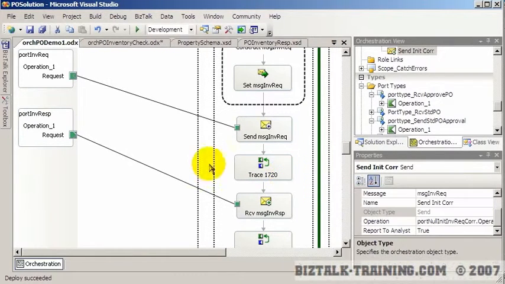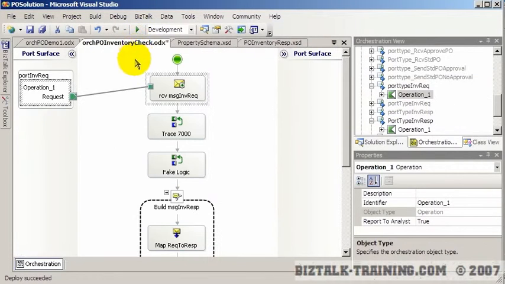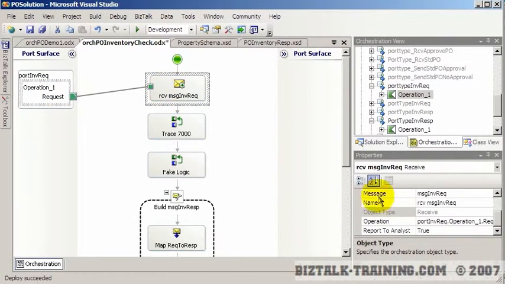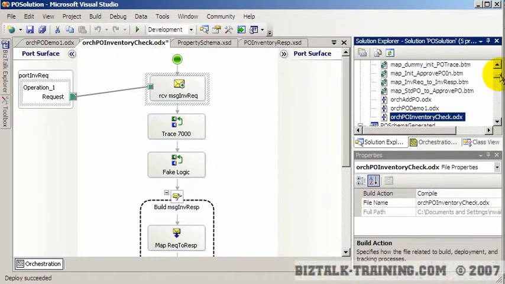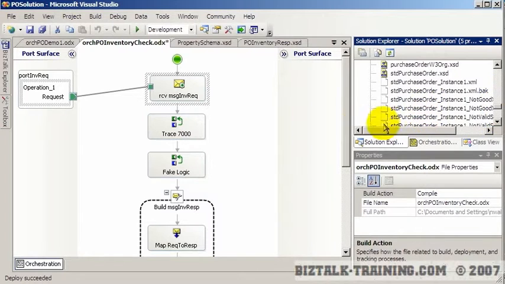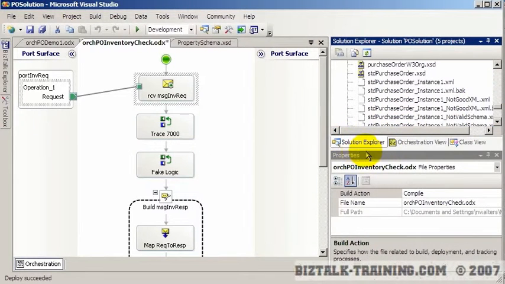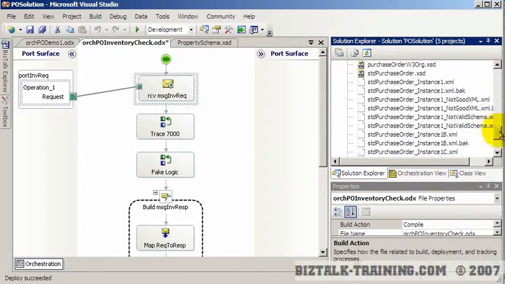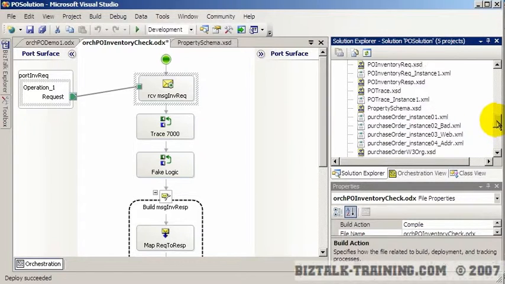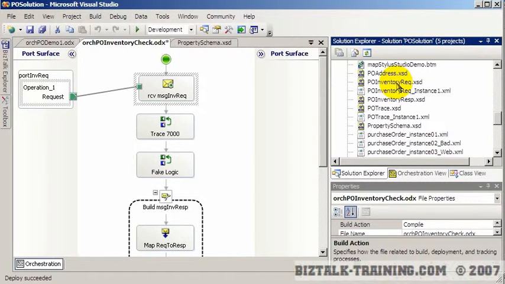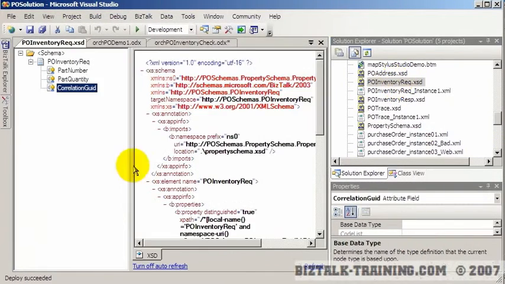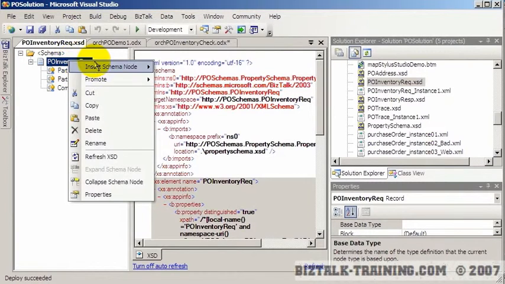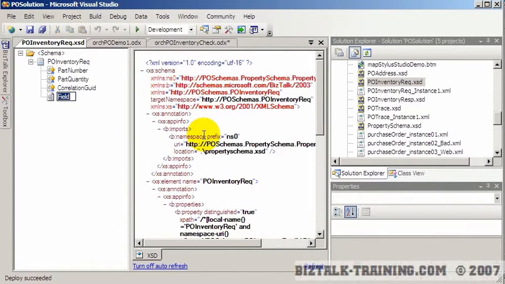So this actually leads me to another little thing I can teach you, which was the filtering that we talked about before. Right here, when we receive this message, we can put a filter. But first we're going to need a promoted field to filter on. So what we're going to do, again, this is getting less and less real world as I go, but it's teaching you some valuable pointers, hopefully. We're going to go to the inventory request schema and add another field in here called,